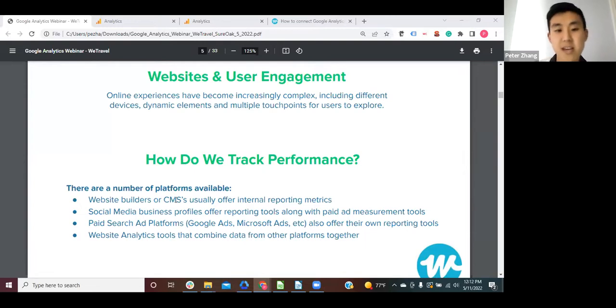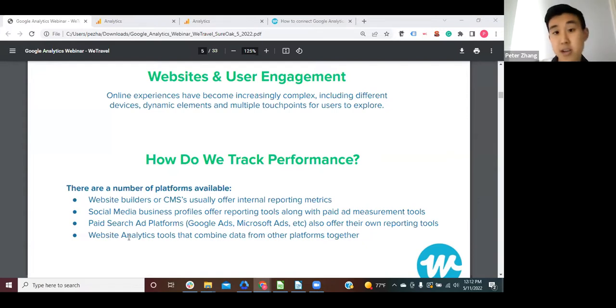And there's also paid search ad platforms like Google Ads or Microsoft Ads, which also report a lot about different campaigns and ads. And so what happens is when you get all this information, there's a lot of opportunity for information to be disconnected. And so the natural solution for the industry has been to rely on website analytics tools. And that's the same category that Google Analytics falls into.